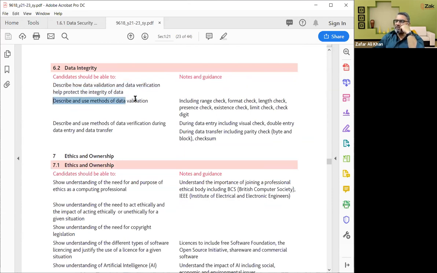Describe the use of methods of data validation, like range check, format check, length check, presence check, existence check. What is the difference between presence and existence? Presence check is you cannot leave this field blank, and existence, the ID that is being entered must be one of the IDs which we already have in our databases. So limit check, check digit. Okay, during data entry,